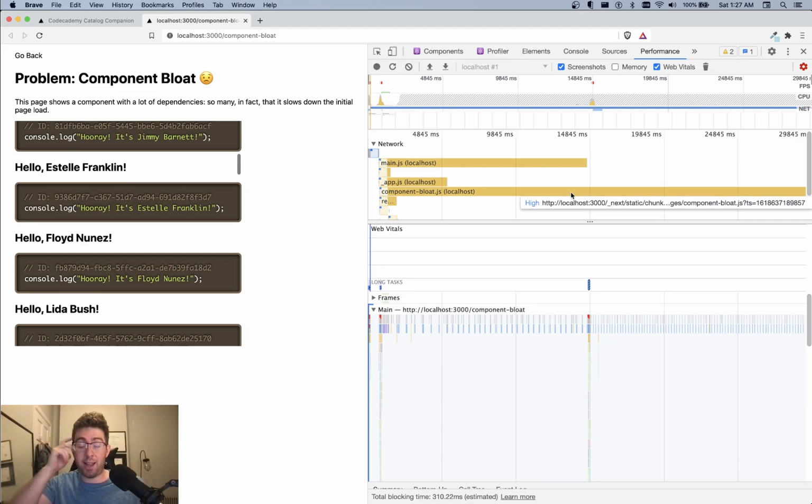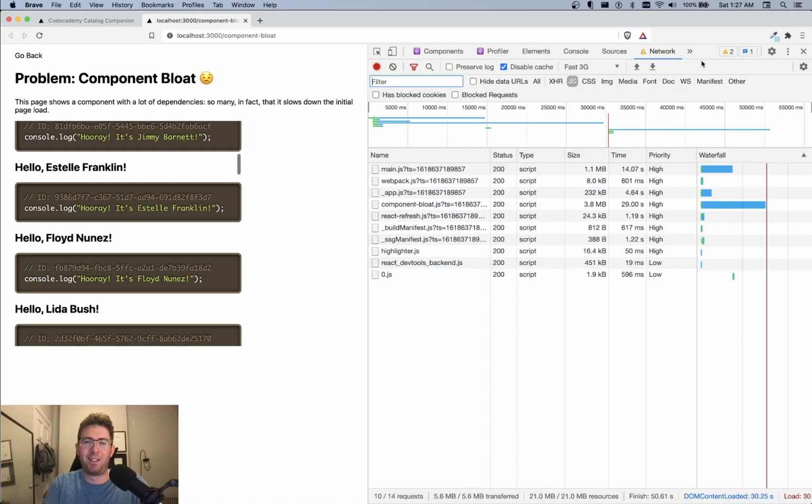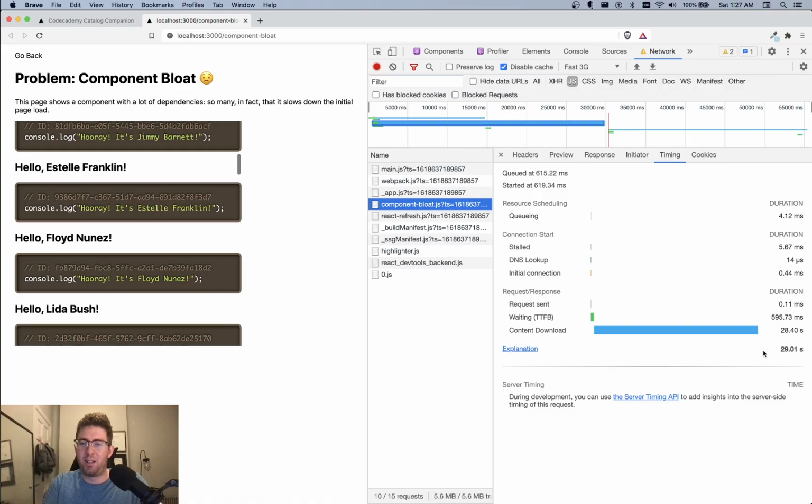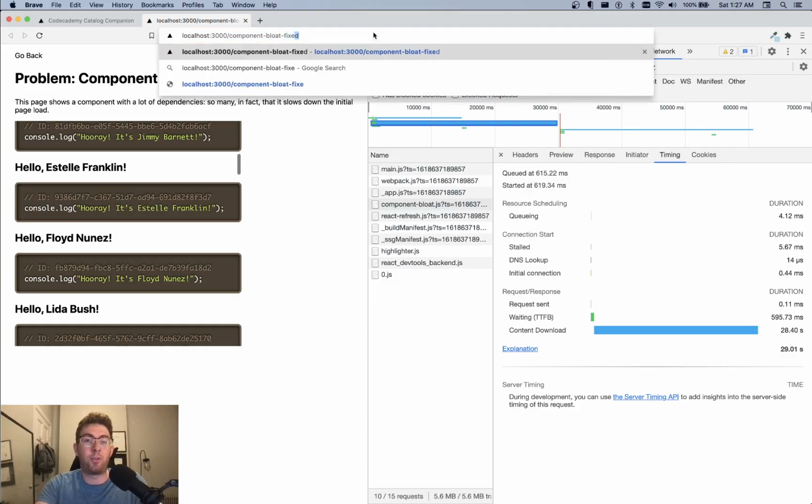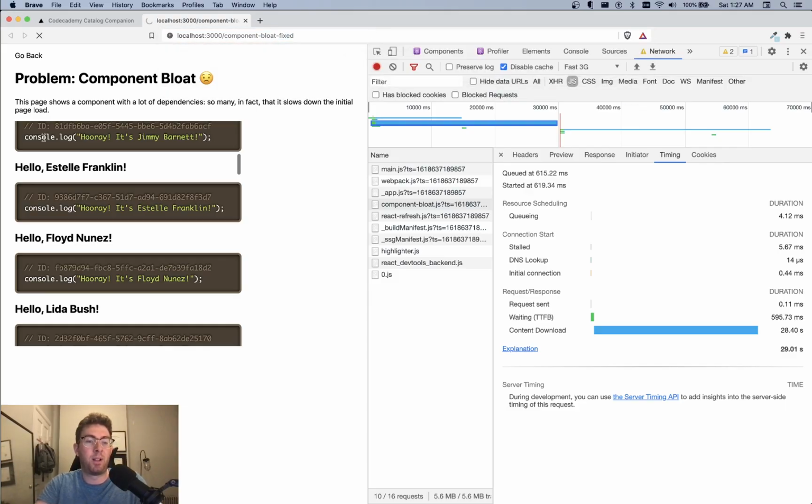Because it all needs to happen up front, this page hasn't been optimized at all. We have this huge JavaScript file, componentbloat.js. Oh boy, the timing on this thing, I'm sure, is horrifying. Let's see, componentbloat.js. Yeah, 28 seconds to download. Ridiculous. But what we can do, if we're clever about our performance, is realize that component didn't show